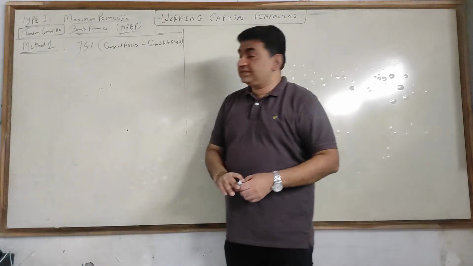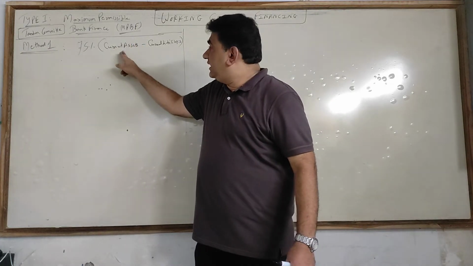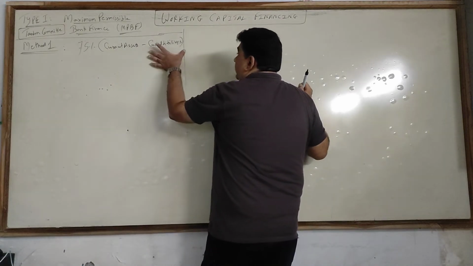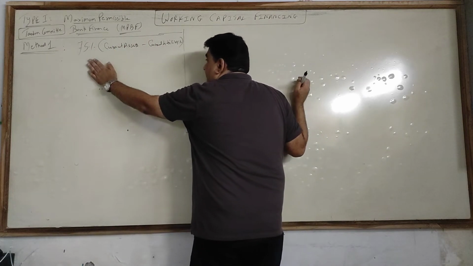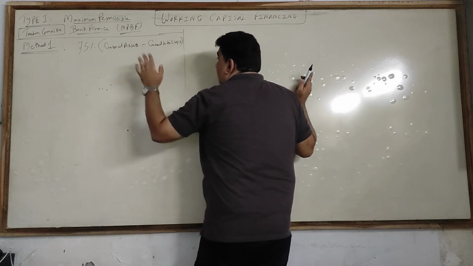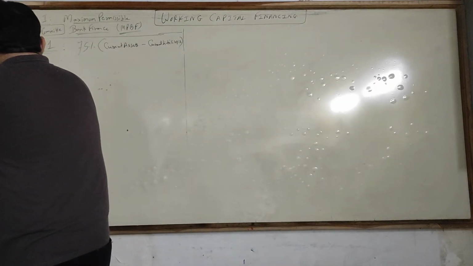See, understand this. You will take the working capital, current assets minus current liability. Whatever answer you get, uska 75% you will take. This is method number 1. Important for objective also. They can ask you an objective also. Next is